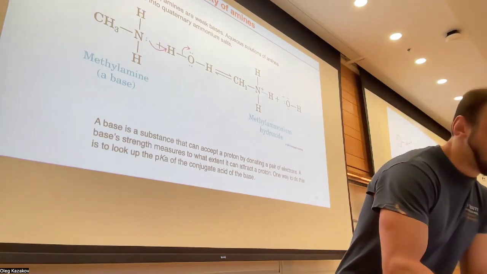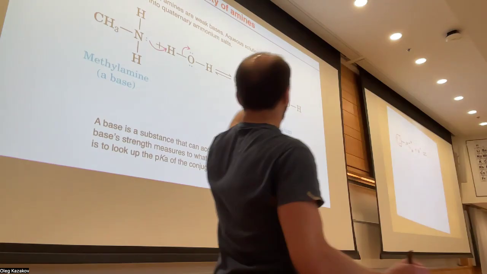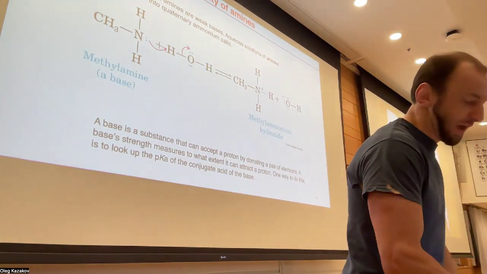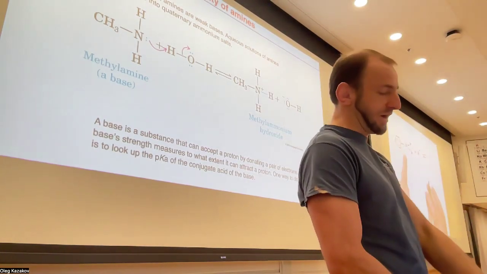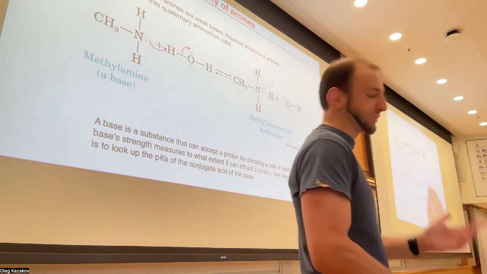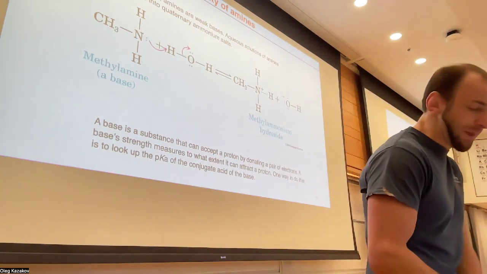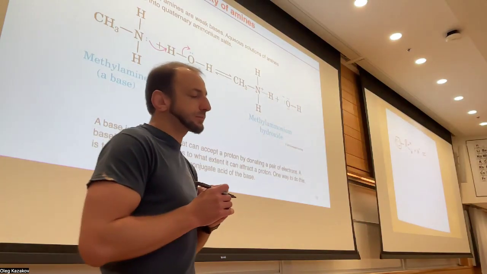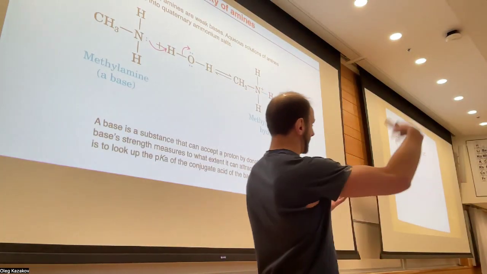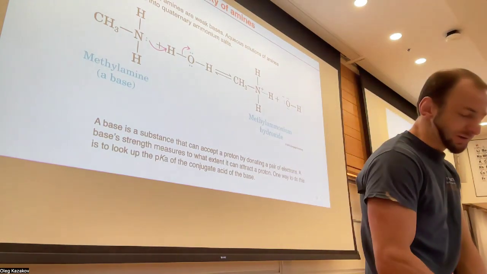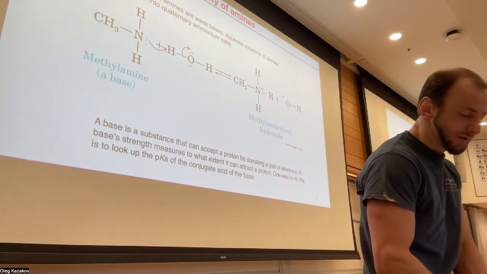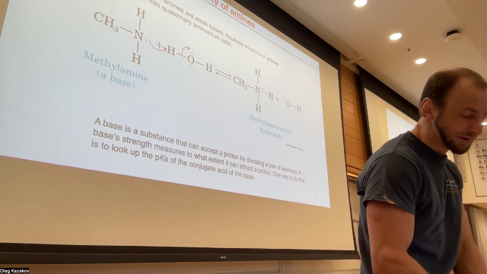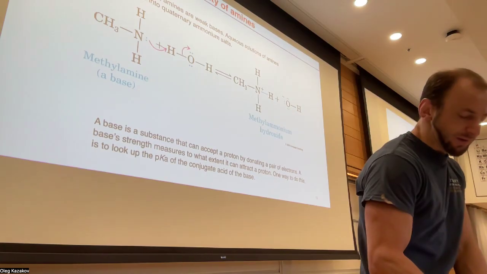Why? Because the slide says basicity, right? So what are the bases? Bases are compounds that will accept H plus. That's what I show here: base accepts H plus, right? H plus is a proton, by the way. Now I'm going to engage this lone pair, and then it looks like nothing more than a bond in the future, right? What do I mean by this? Let's show the arrows, and then we're going to make the bond in the future product, right? That's going to be fine.